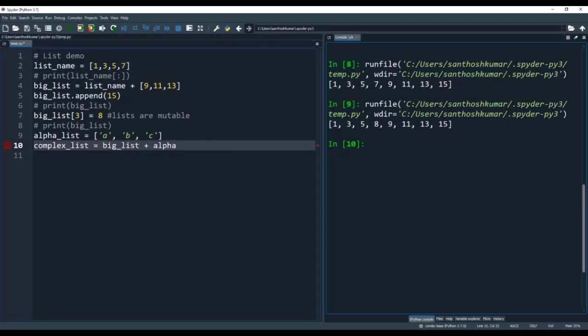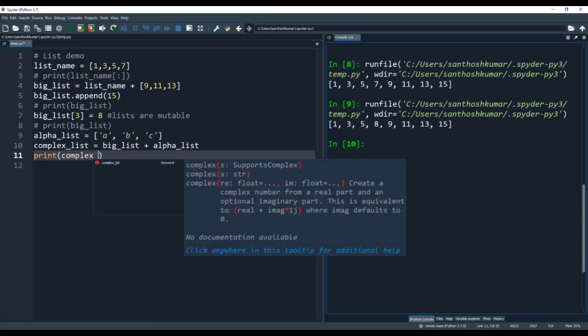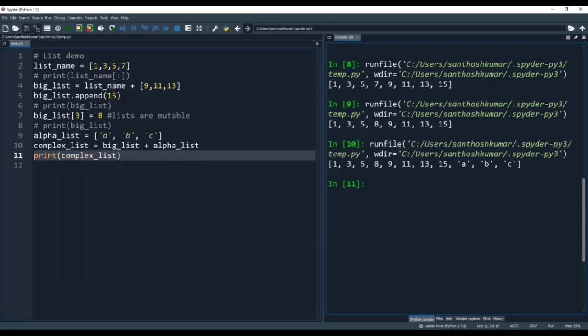I am essentially concatenating big_list and alpha_list and printing it. As you can see, complex_list has both numeric as well as string data types.